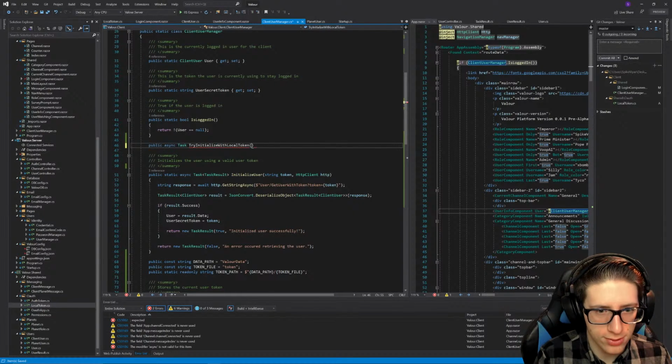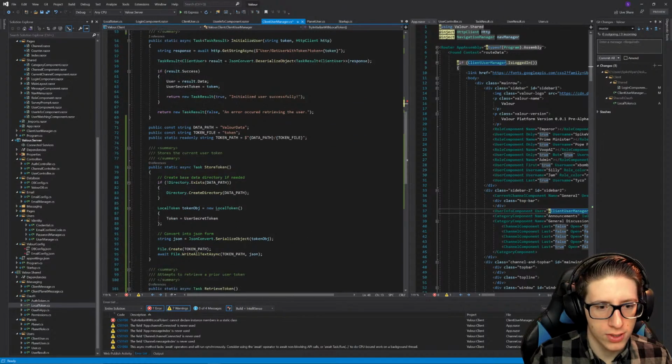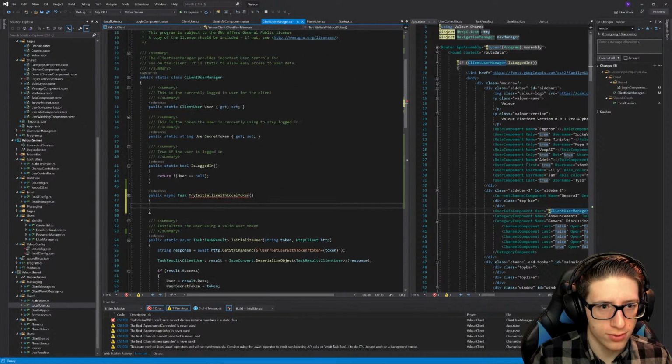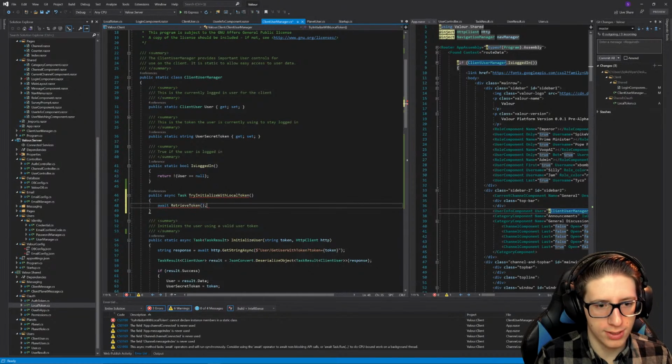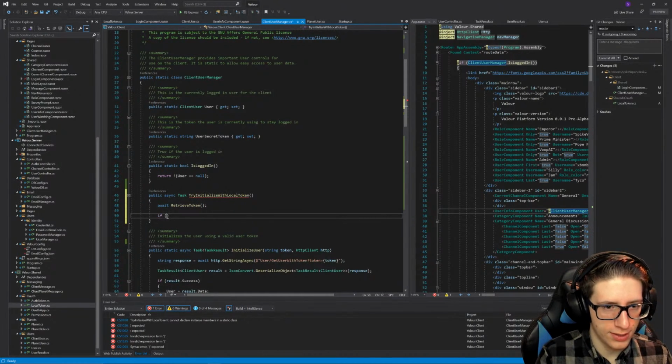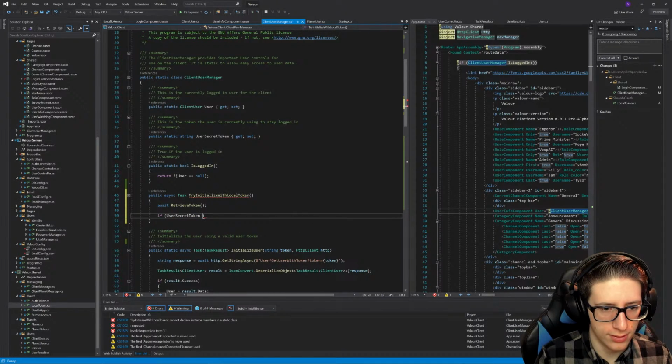Try initialize with local token. This is just going to attempt to do it. So it'll do retrieve token, and then we'll say if token, or if user secret token is not equal to null